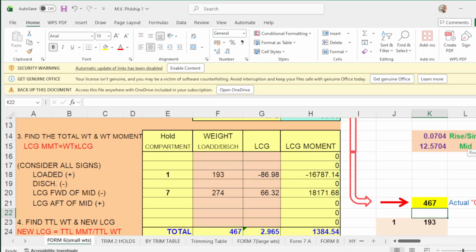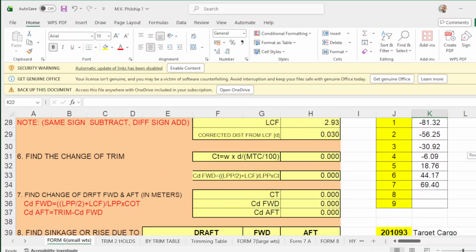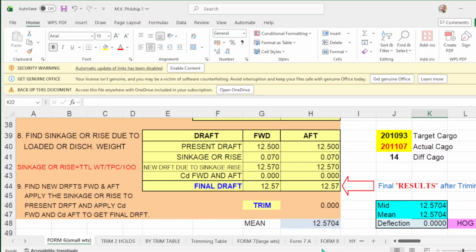So, in hold number 1, you load 193, apply the LCG, and in number 7, you load 274. Apply the LCG, and your departure drop will be even keel 12.57. Forward 12.57, up 12.57, trim 0, and your mid drop is 12.57, and your deflection is 0.